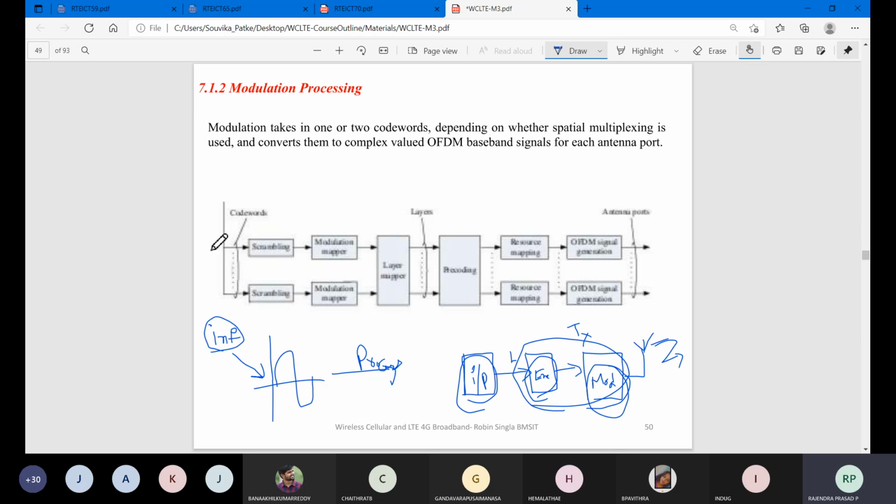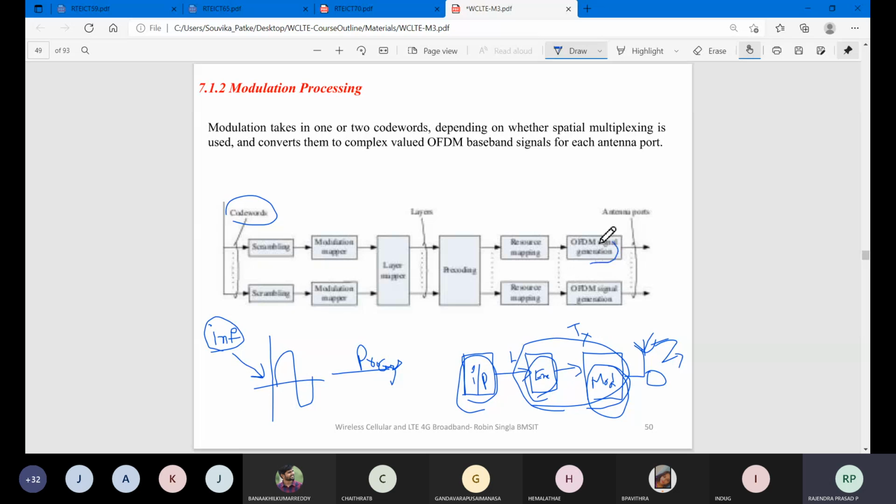Here your inputs are the code words which you are going to receive. After the code words, these are the steps involved in the modulation process, and finally at the antenna you have the electromagnetic radiation, which we call OFDMA signal generation.